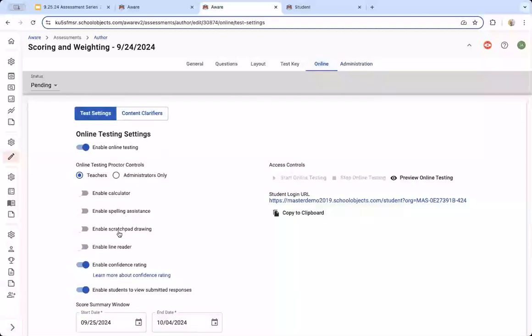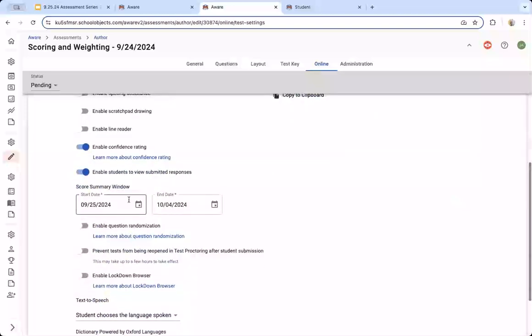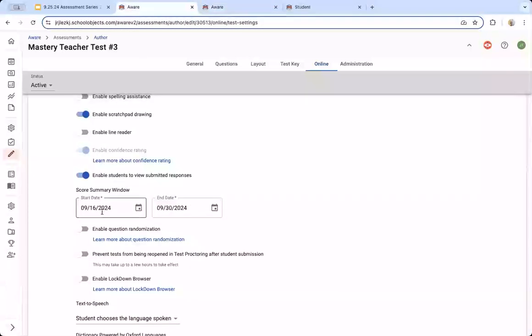The student reviewing responses, or the score summary window, is a separate window that can be opened to maybe begin on the last day of the assessment or the day after the assessment is to be completed, and stays open for, say, a week or two until the kids have had the chance to get in and review the results. Teacher-wise, same general principle. The score summary window can be set to when you think the test will end and close when you're about ready for kids to maybe not dive into that assessment any longer.